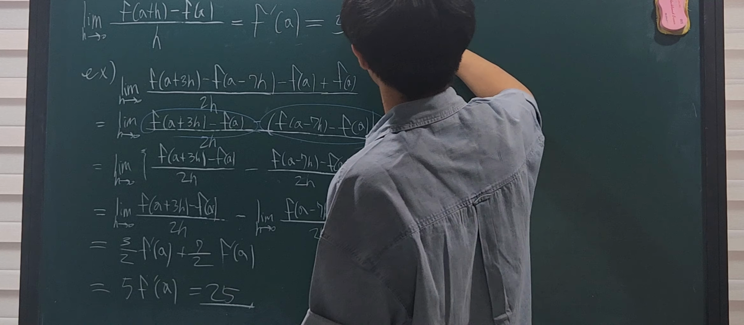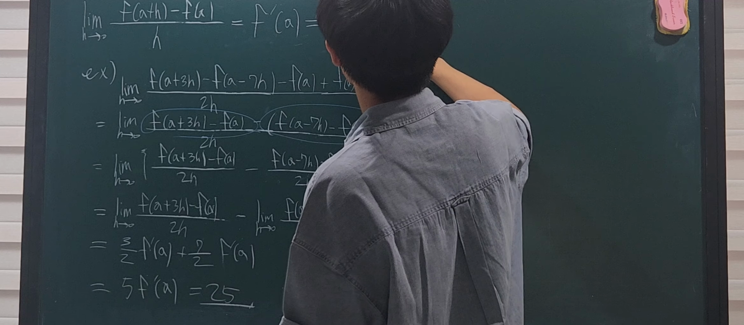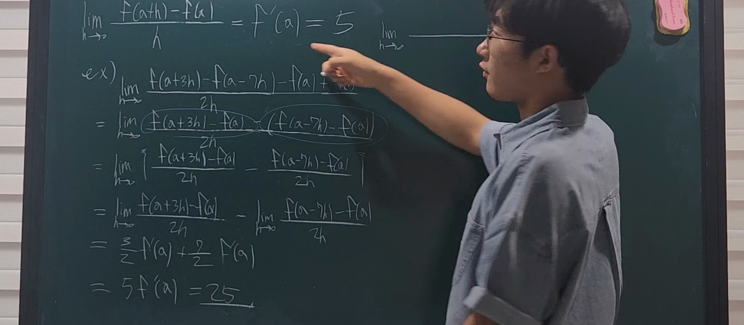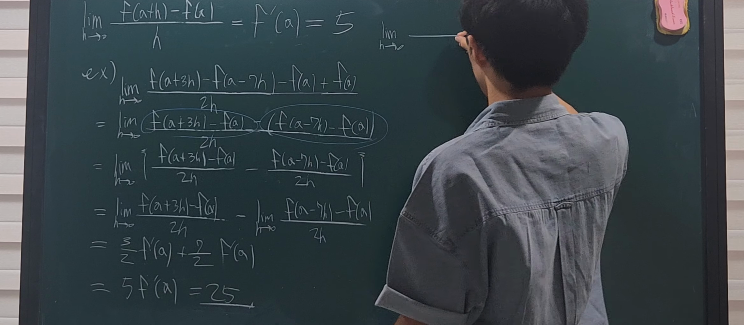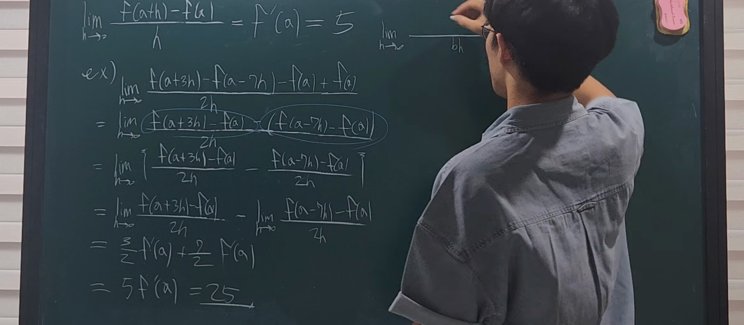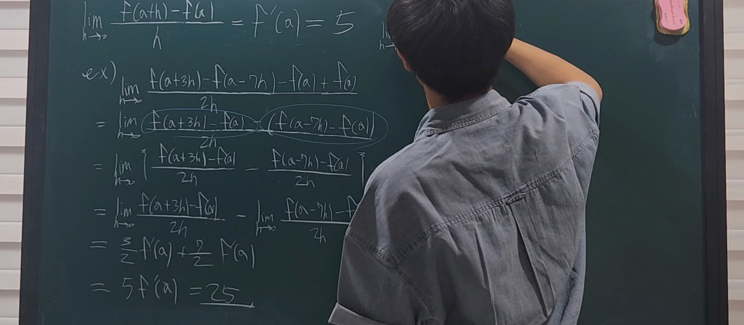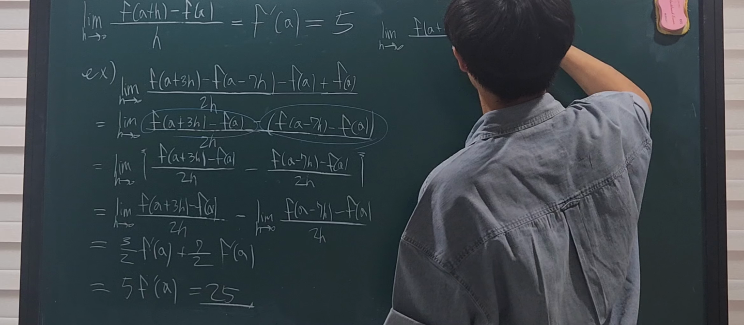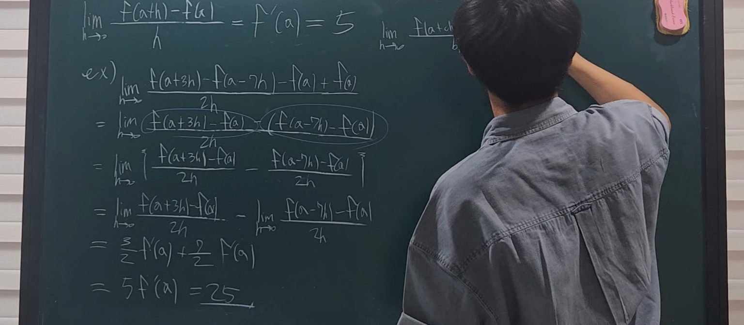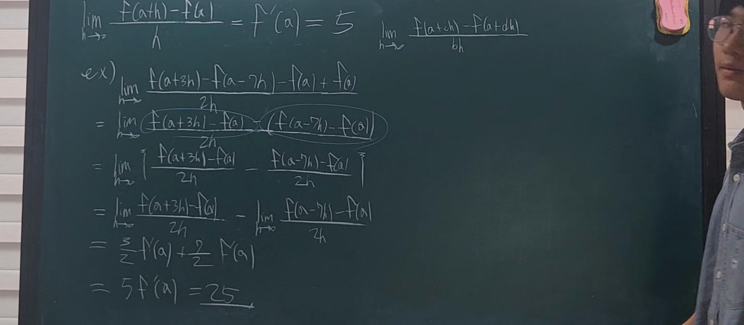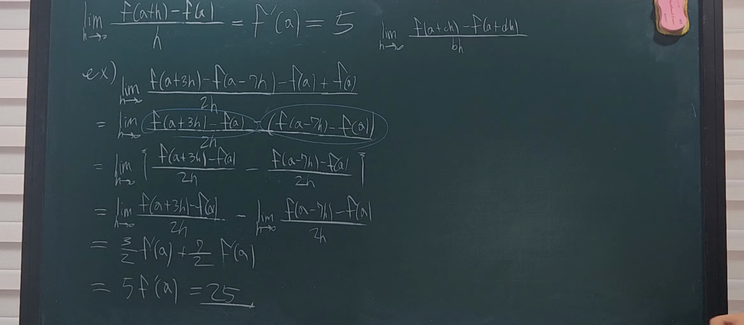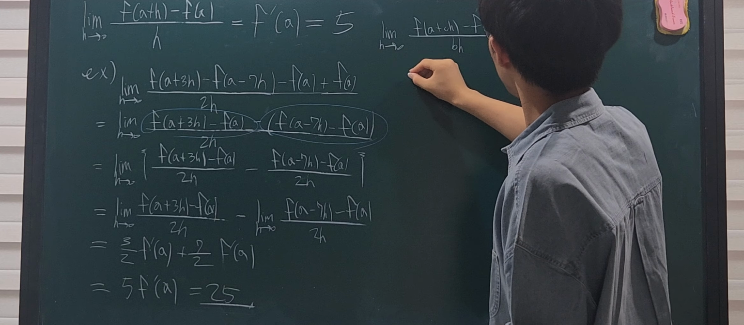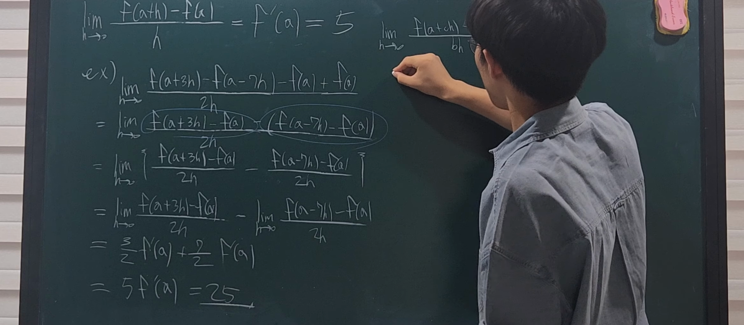Well, let's say limit h approaches 0, and since we're trying to find something related to f prime a, let's use bh here. And let's say f of a plus ch minus f of a plus dh. So we're trying to calculate this, right? Then what kind of answer do we get? Well, by using the same principles here,